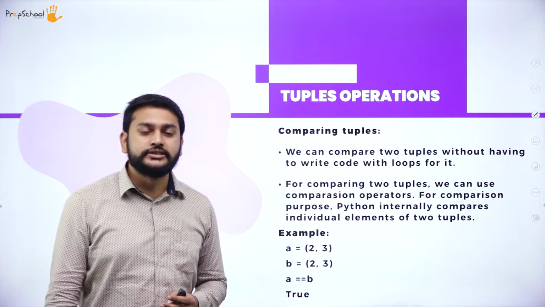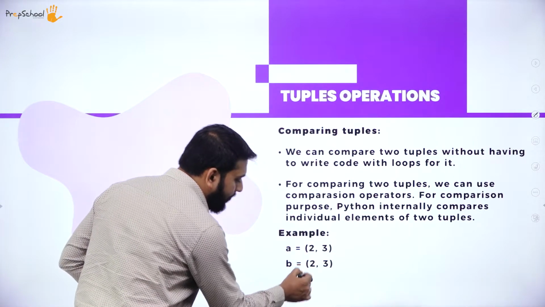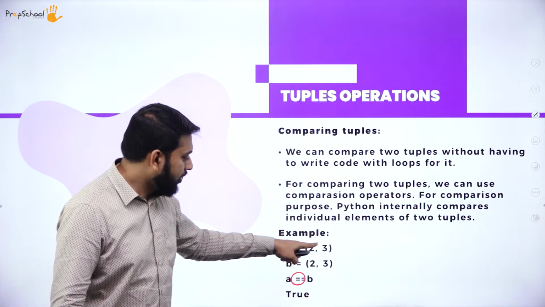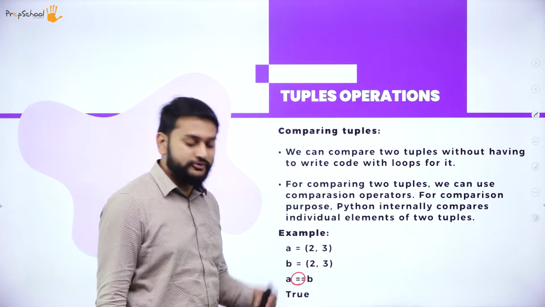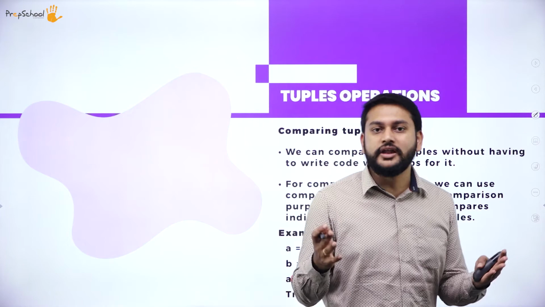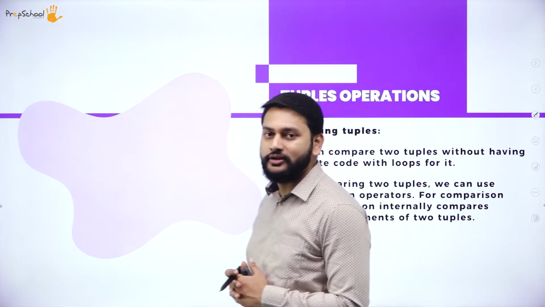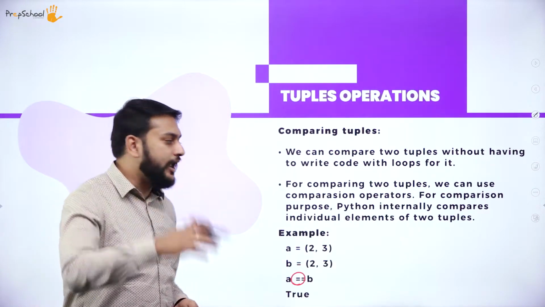comparing the tuples. I will be comparing the tuples with the help of the comparison operator, is equal to. I have the two tuples A (2, 3) and B (2, 3). So I will get the result in the form of true or false. If the tuples are equal, then I will get the result as true. If it is not equal, then I will get the result as false. This is what you need to understand. So the next option,